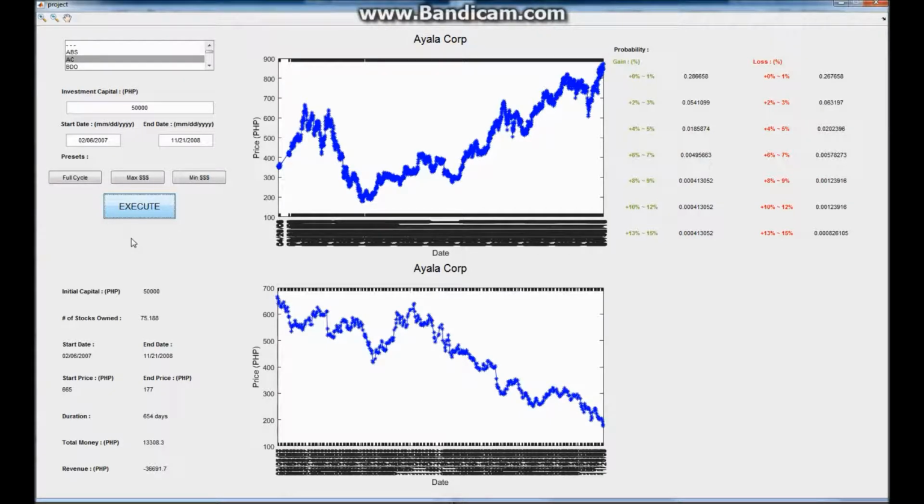the best investment time. The second function in my project predicts how likely the stock price will gain or lose a certain amount. So, for example,